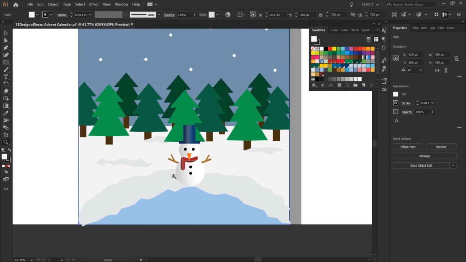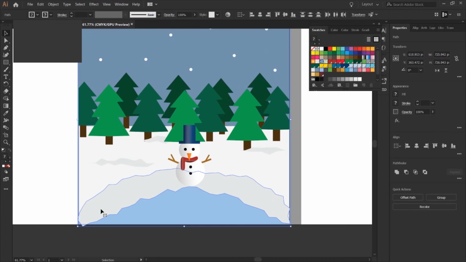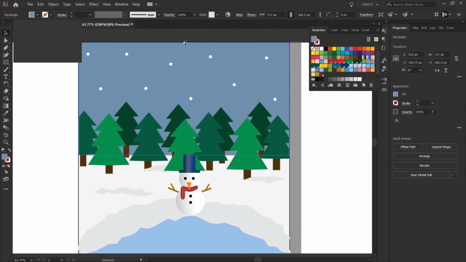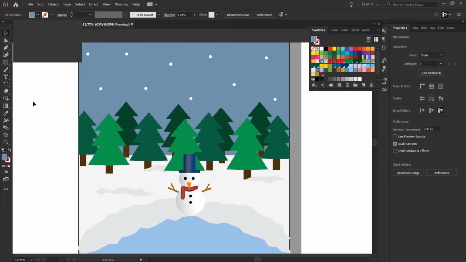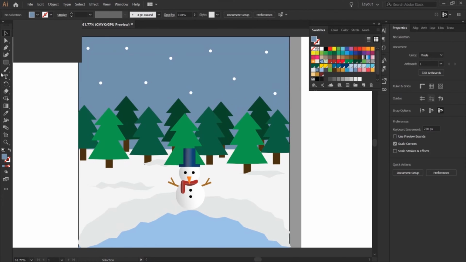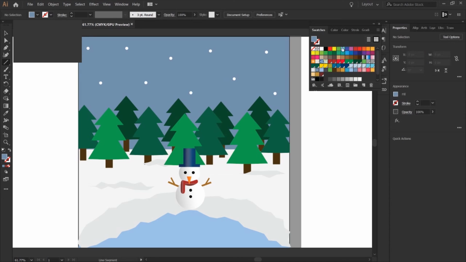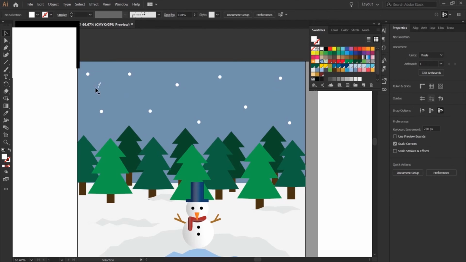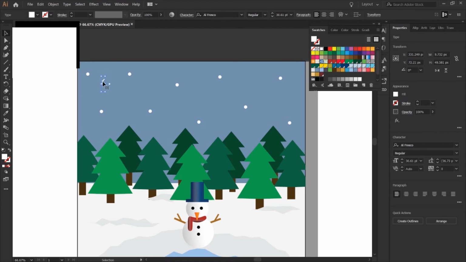So let's go ahead and move on to clean up some little endpoints here. Let's fine tune some details because there is some white space here. There's some points out of place there. And then let's move on and create the little doors that you open on the advent calendar. At first I wanted to do a dotted line, but it proved to be tricky. And then I remembered seeing some have just numbers, so I went with that inspiration and put numbers